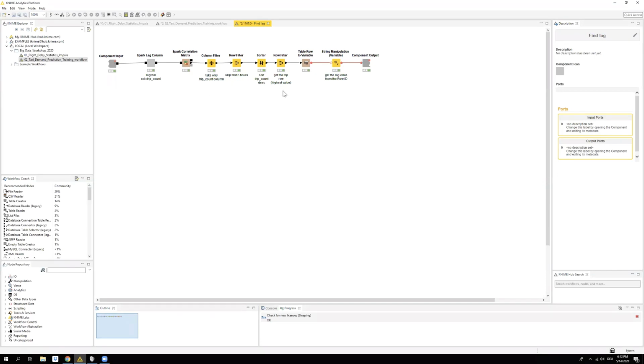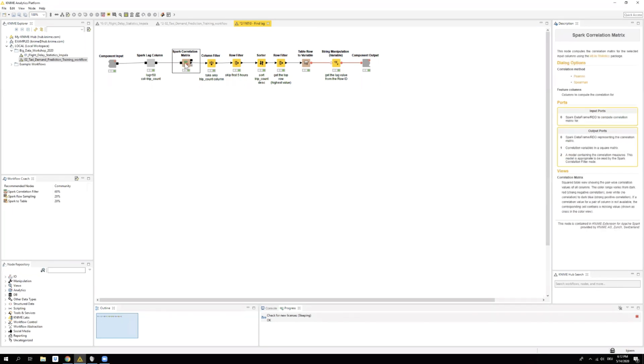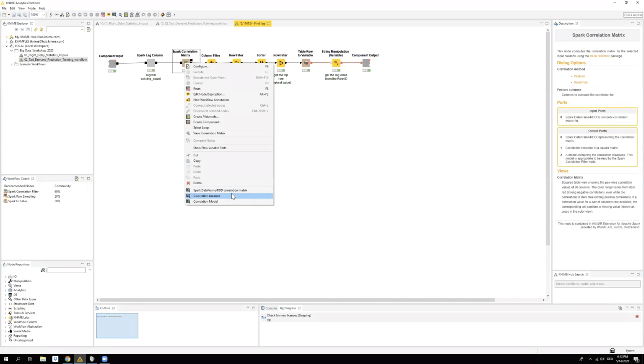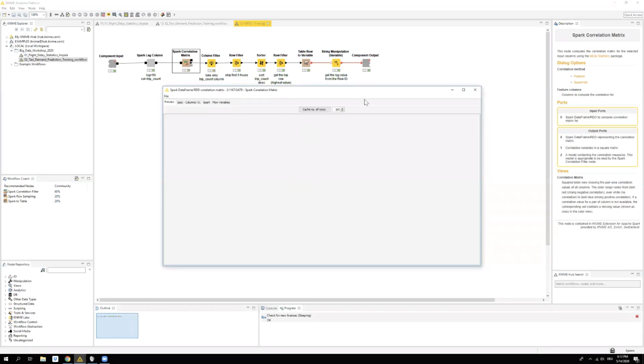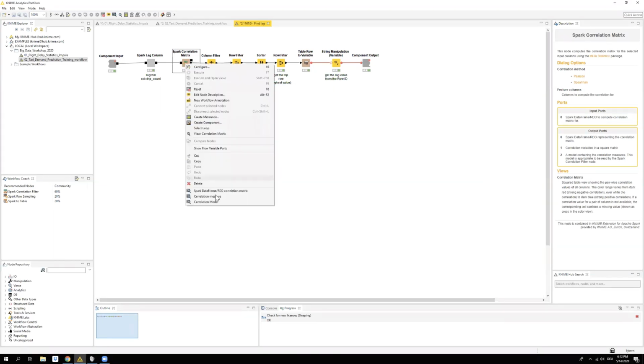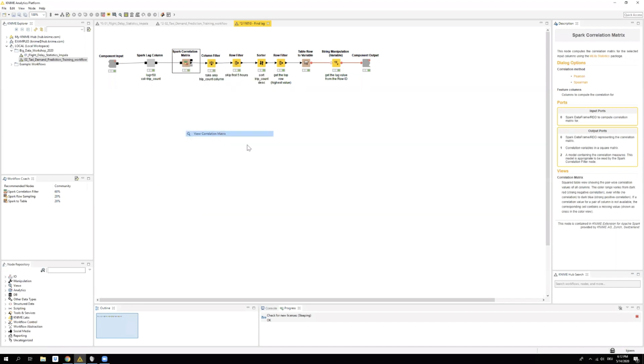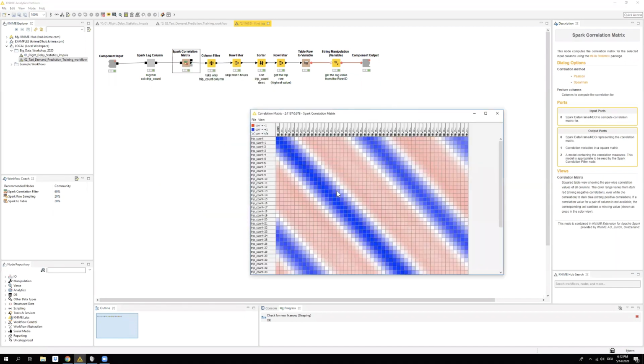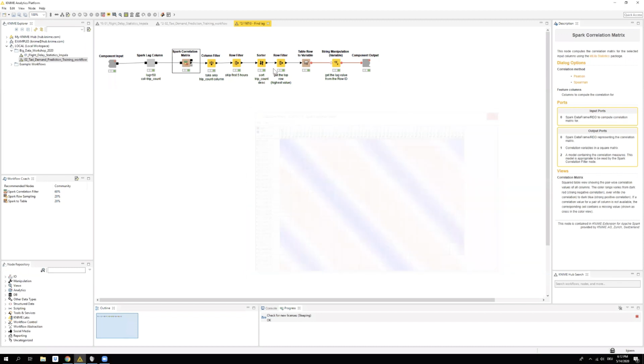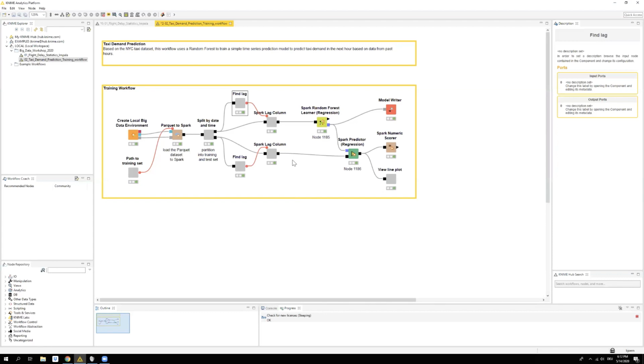If you want to know the details, there's a whole blog post about it. Just very briefly, what this does is it computes correlations between the lagged columns, and then based on those correlations, it finds an optimal value that gives you a reasonable number of features. So not too few, not too many.